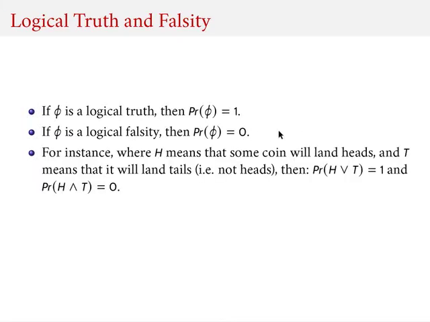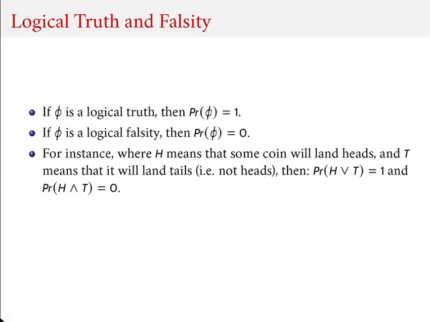So here is an example. So suppose that H means that some coin will land heads, and T means that it will land tails, which, hopefully you can see that it's the same. If a coin lands tails, that is the same as it not landing heads. And I'll return to this in 1 second, because this is an important point when we think about the tools of deductive logic when we're applying these rules of probability. But intuitively,